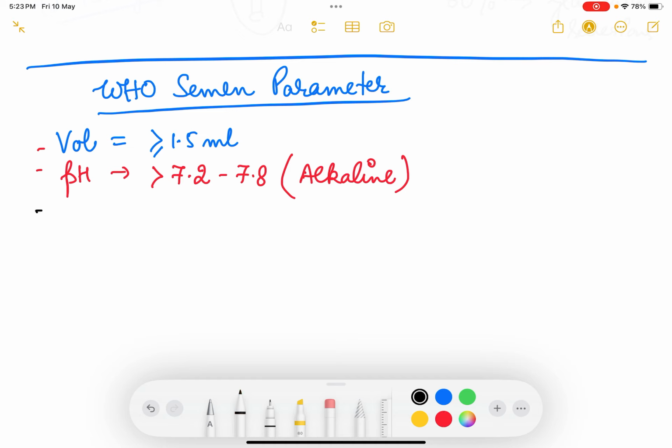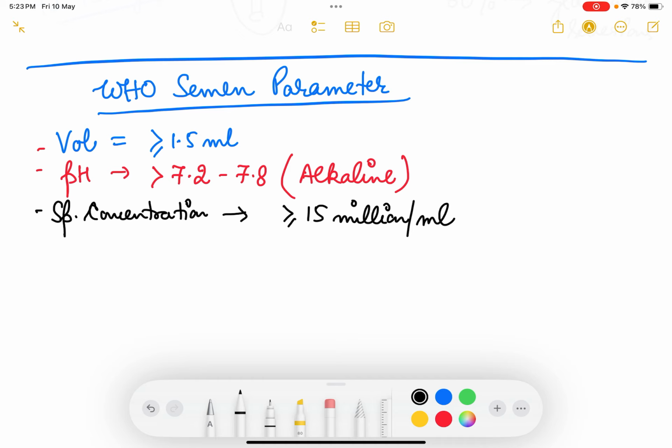Number 3, the third point which is very important is sperm concentration. One of the most important parameters is sperm concentration. Sperm concentration should be more than or equal to 15 million per ml. Very important, 15 million per ml will be the sperm concentration. However, if you consider that it is 1.5 to 2 ml of semen, then sperm